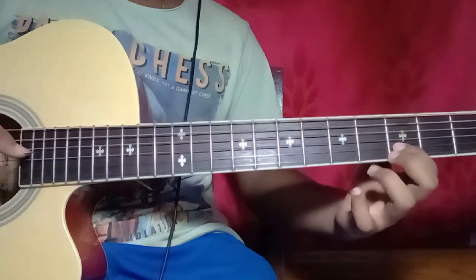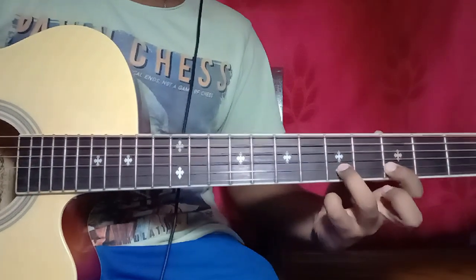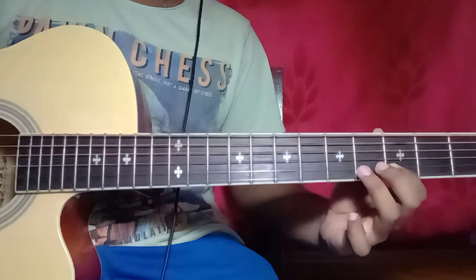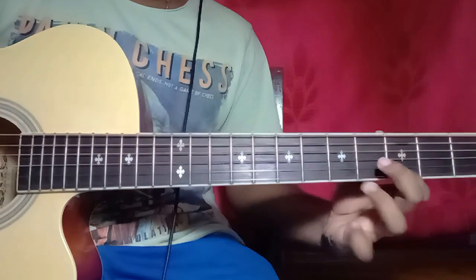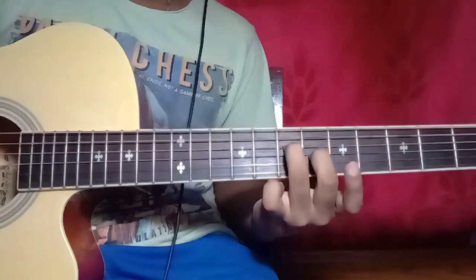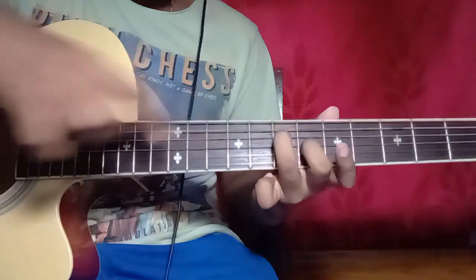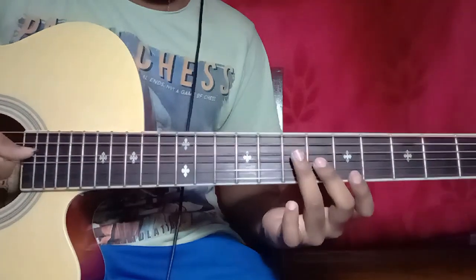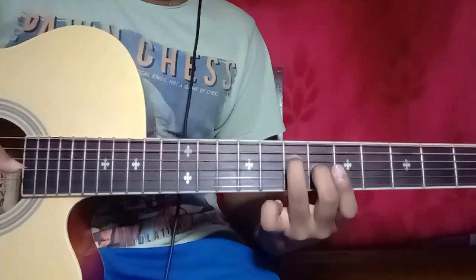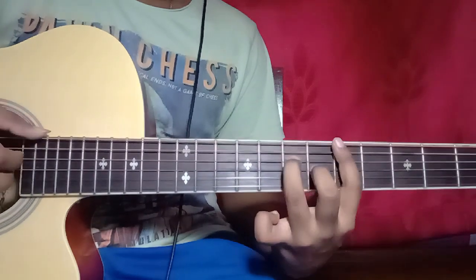Now you are going to do a hammer on from 3 to 5 on the 2nd string, and then you are going to do a pull off immediately like this. And now you are going to pick, this is the 6th fret of the 3rd string and the 7th fret of the 4th string like this, and then